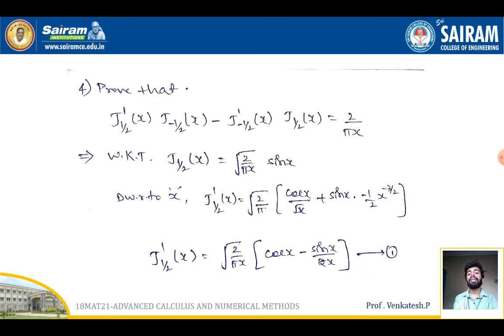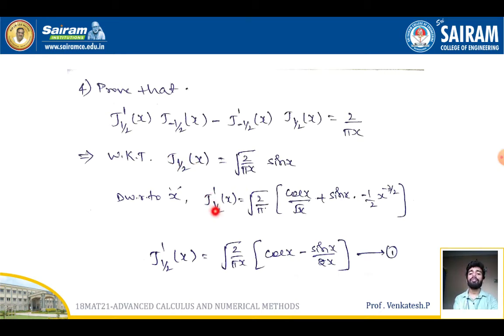problems like J 1 by 2 dash of x into J minus 1 by 2 of x minus J 1 by 2 dash of x J 1 by 2 of x is equal to 2 by pi x. So we have the formula for J 1 by 2 and J minus 1 by 2 also. First I am taking J 1 by 2 of x, that is square root of 2 by pi x into sin x. Since I need J 1 by 2 dash of x, I am going to differentiate the equation with respect